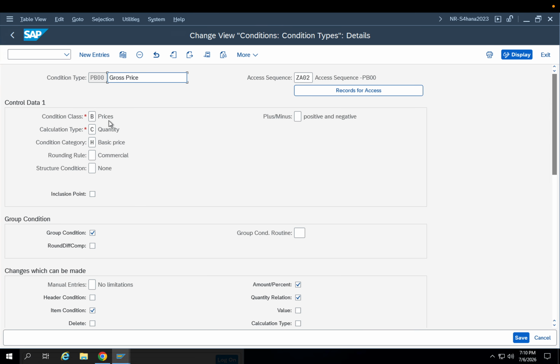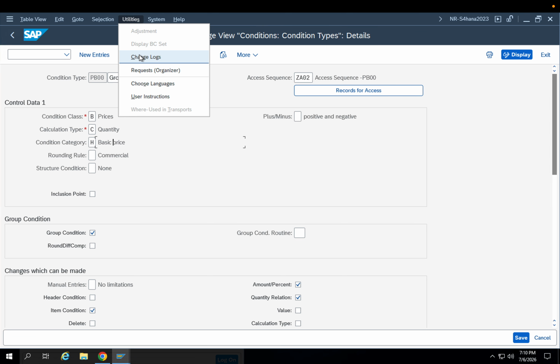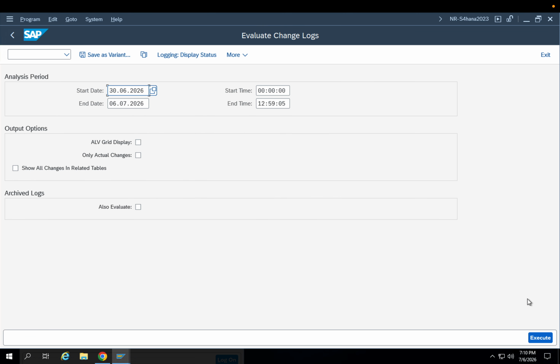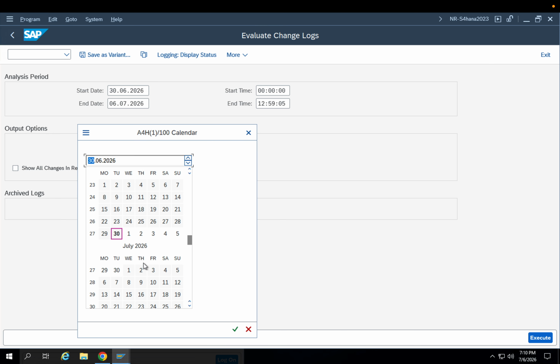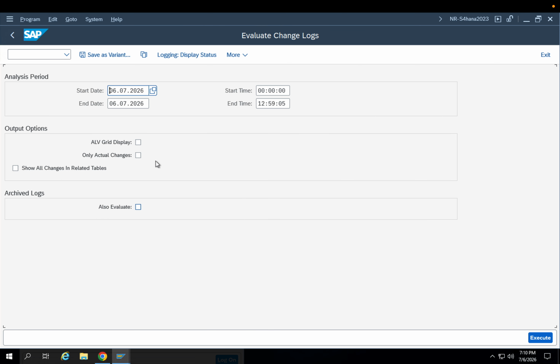So what they did, they have changed the condition class, condition calculation type, condition category. All these values they changed. That's why, if you see that, I will go to the change log. Today's date is 06/7, right? I will go for today only, which I have updated today. So all the changes related to